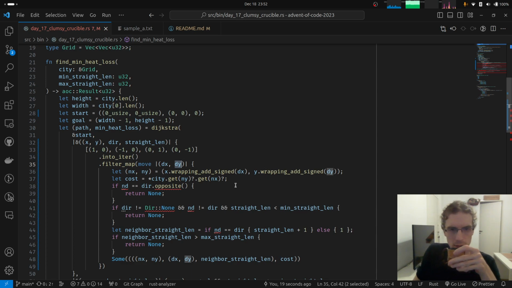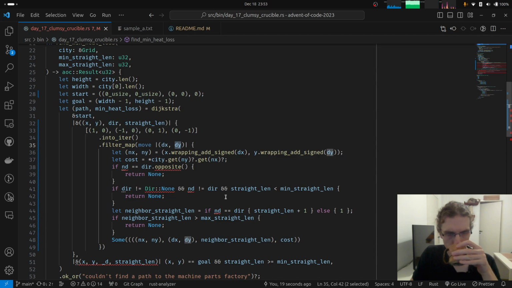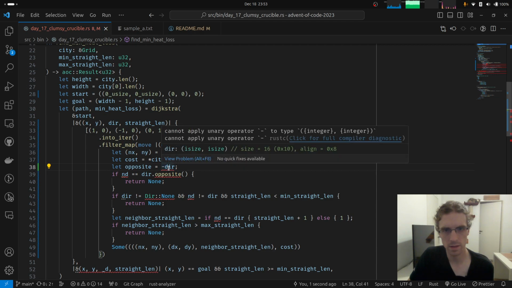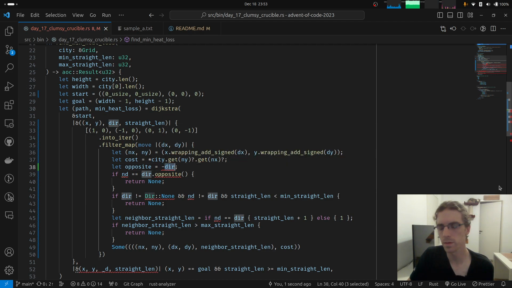So we cannot do something like doing that opposite be minus there. This is not a thing, right? Like this is a tuple.